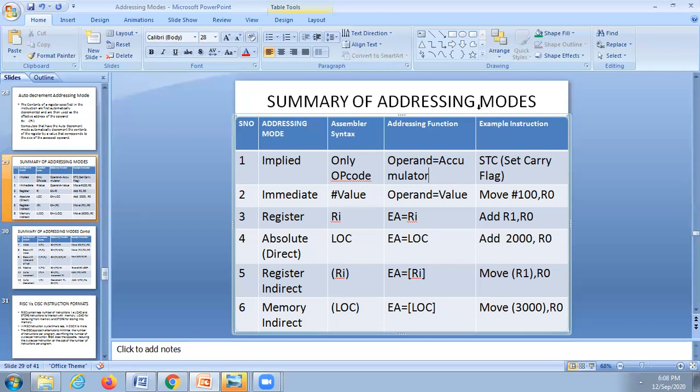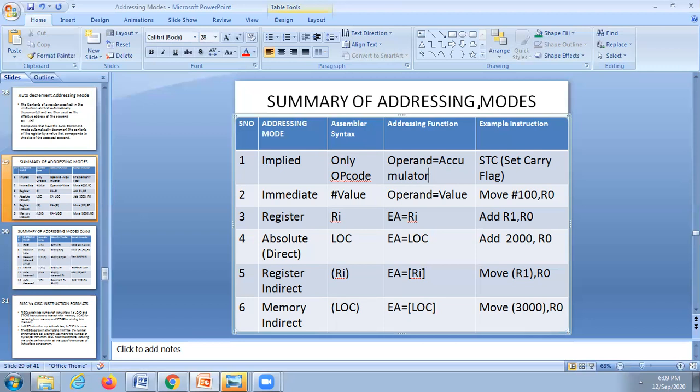Here in this case, as I listed, the first six are in the order from low execution time to higher execution time. The first one is implied addressing mode, which will take less time for execution.